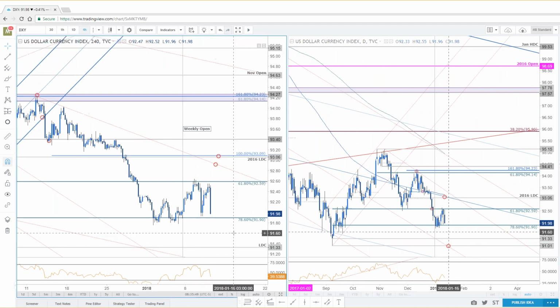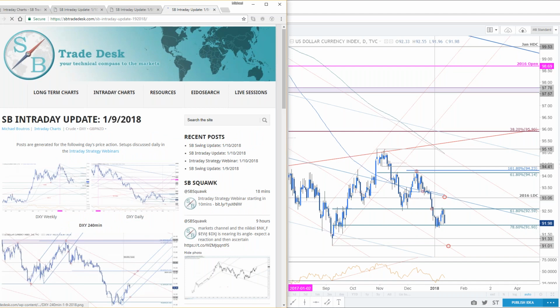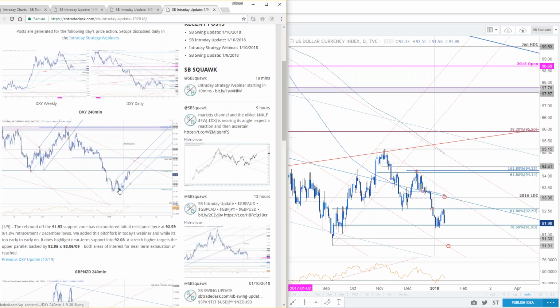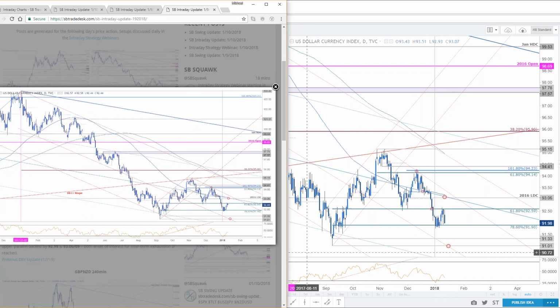So, gonna leave it at that. If you have any questions on DXY, let me know. No changes to any of the levels that we highlighted earlier in the week. So the DXY update here, all the same levels are in play. We've scratched this slope at this point. Just focus on this key range that we're continuing to hold in. All right. So that's the DXY.